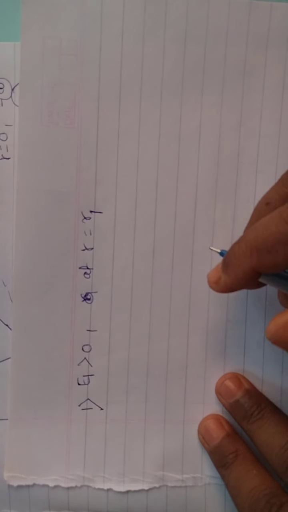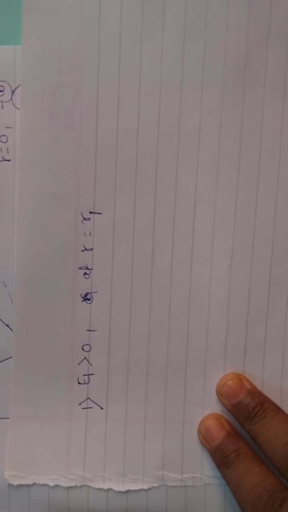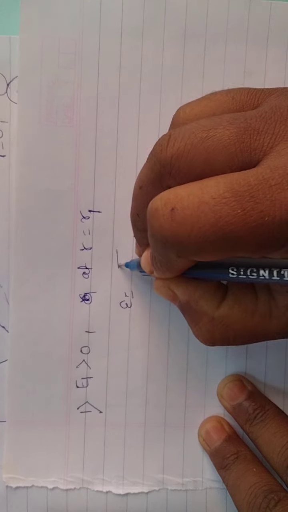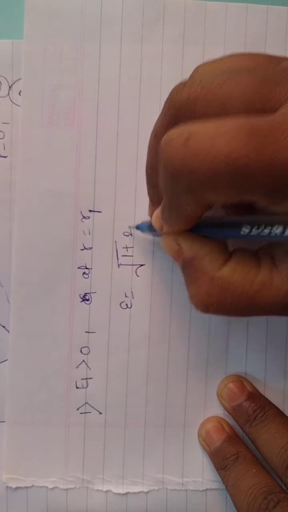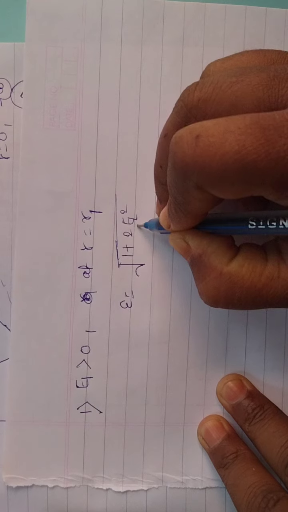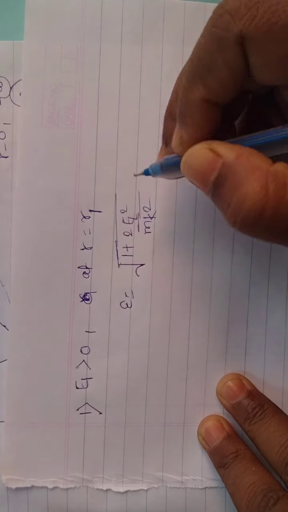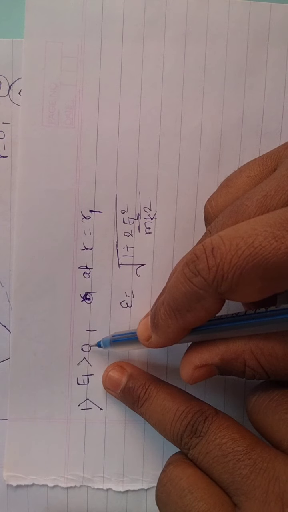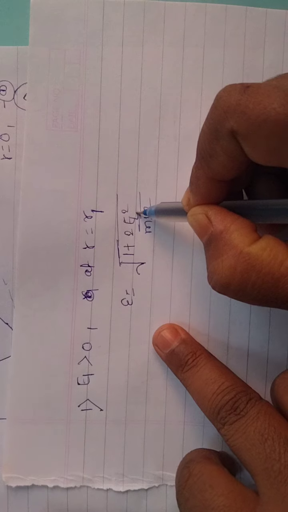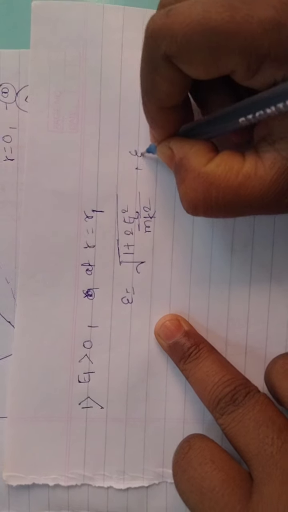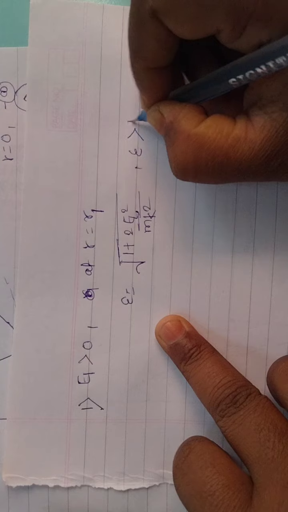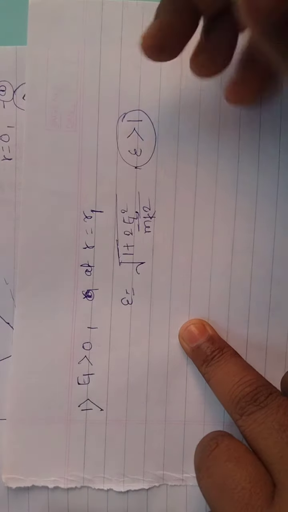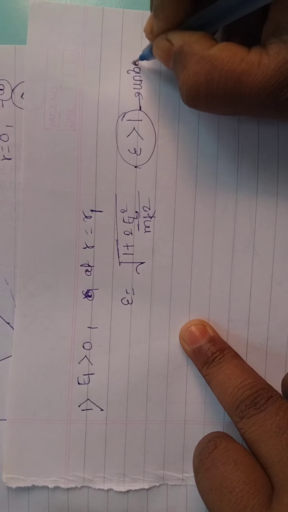Now suppose we consider the eccentricity equation, where epsilon is the eccentricity. This eccentricity equation is epsilon equals the square root of 1 plus 2EL square over mk square. When we put E1 greater than 0 in this equation, the eccentricity epsilon becomes greater than 1. So that means this orbit is an unbound orbit.